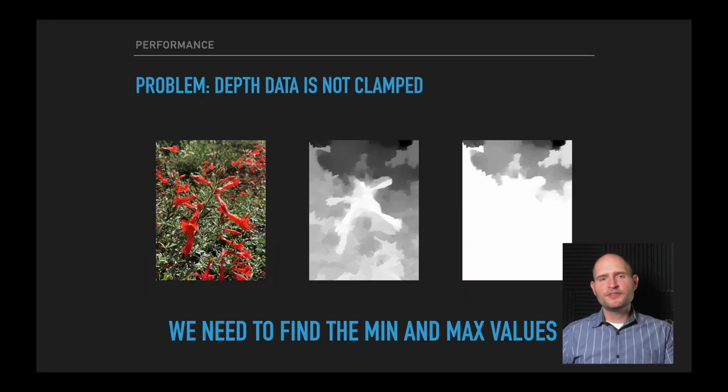Now, as an example of some of the problems you'll run into, when we are dealing with that depth data that the system hands to us, it is unclamped. So it is not within the 0 to 1 range of values. It's actually representing meters from the camera, so they could be 20 meters away. But if we just take this data that's being handed to us by the system and use that as an alpha mask,